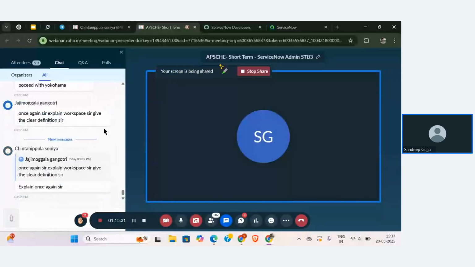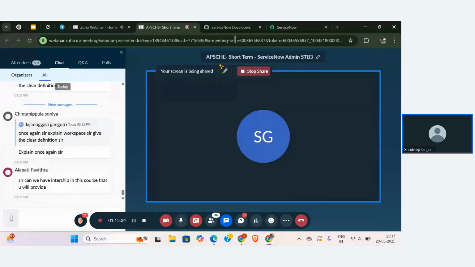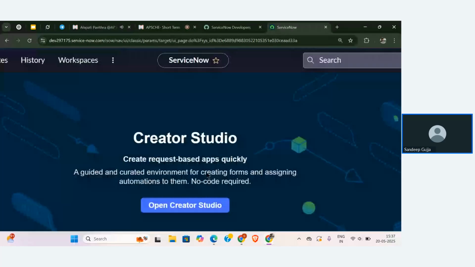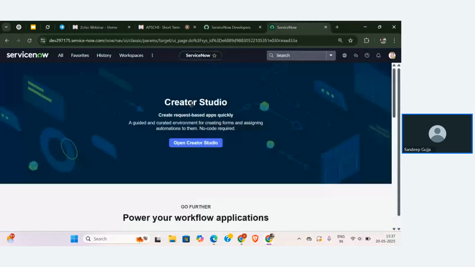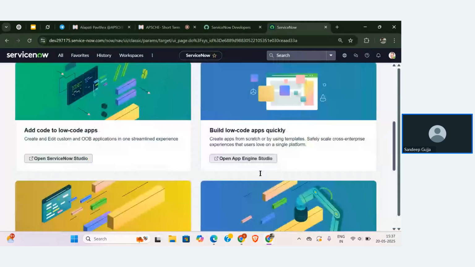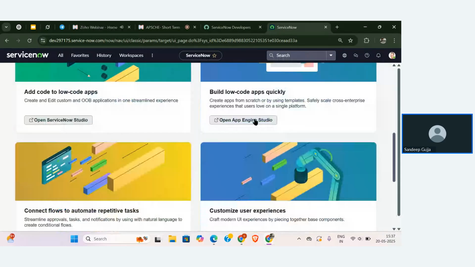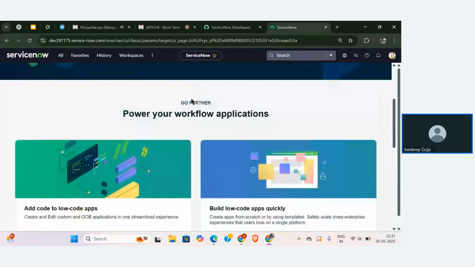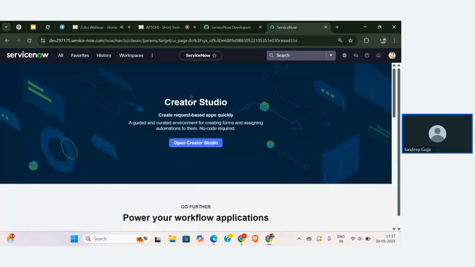You need to know about the workspace, right? Yeah. So let me explain that very clearly. Whatever interface I'm seeing now, I'm just scrolling one thing, right? I'm going to see Creator Studio and I'm going to see multiple components below that as well. Okay. So one is for opening ServiceNow Studio, one is for opening App Engine Studio. Different components have different accesses where I can go for the different platforms. Okay. So this is the workspace for the admin. That is the particular interface that you are seeing.